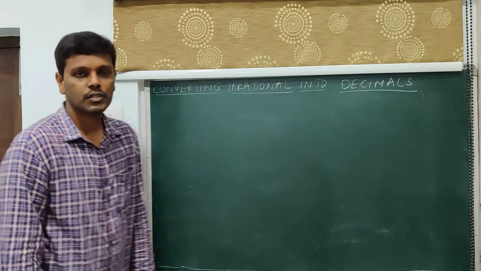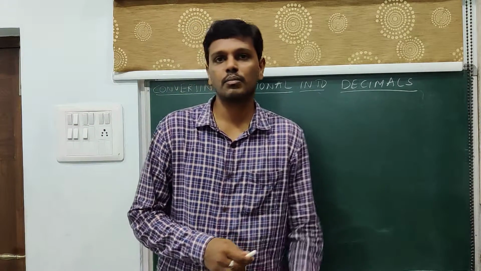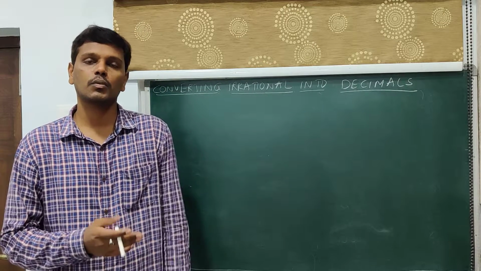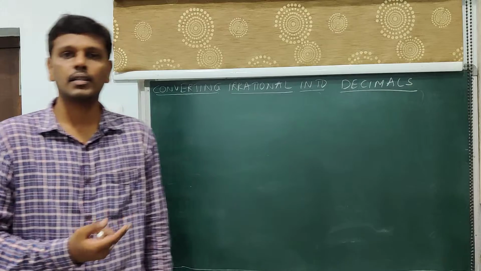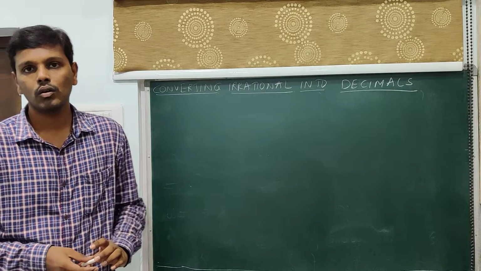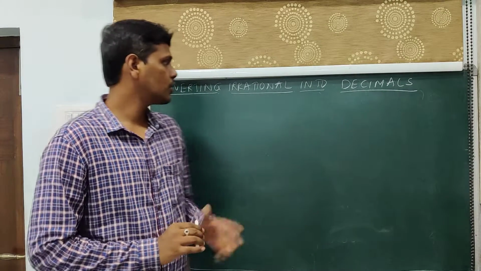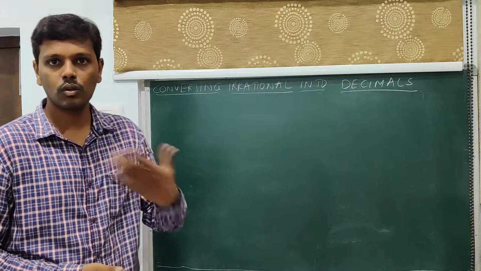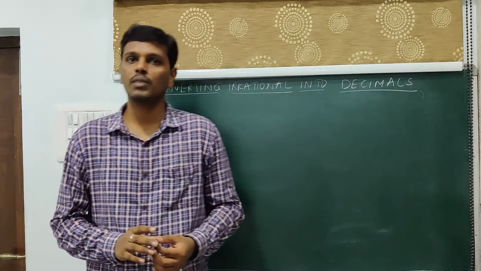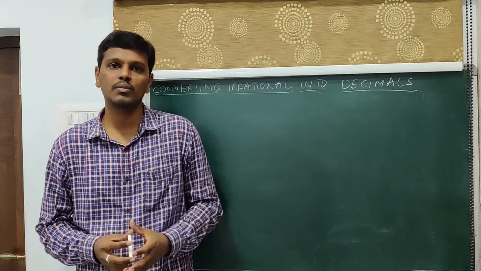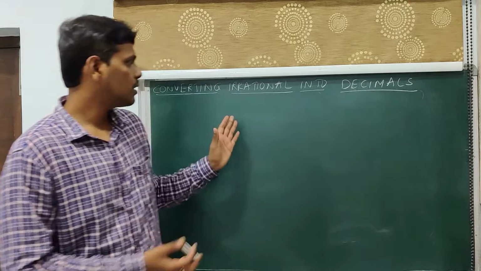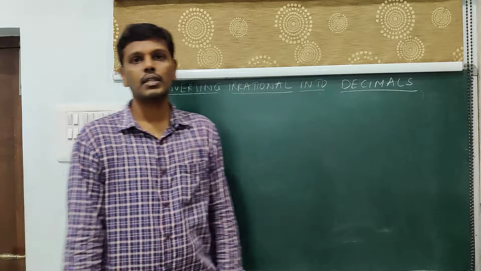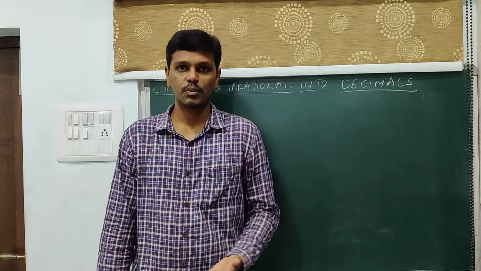Good morning. In the previous sessions, we have discussed converting rational numbers into their respective decimals. When you convert rational numbers into decimal expansions, you arrive at a terminating decimal or a non-terminating repeating decimal. Now, we look into converting irrational numbers into decimal expansions. The only type of decimal left over is the non-terminating non-repeating decimal. Now, we will see how an irrational number can be converted into a non-terminating non-repeating decimal expansion.